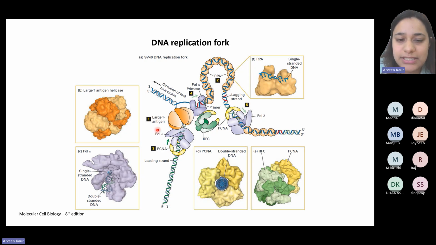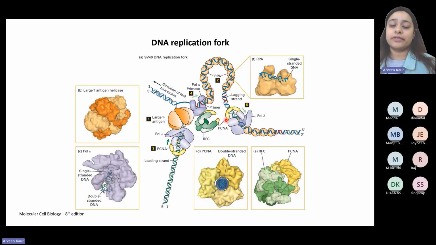So as we see, polymerase epsilon over here is continually going, and it is synthesizing DNA on the leading strand. This one, on the other hand, the one that has RPA bound to it and a loop that is continuously being formed, which is known as a trombone structure, is signifying the lagging strand, right? It is also written over here. It is a lagging strand. This one was a leading strand.